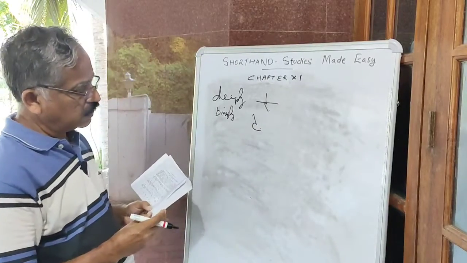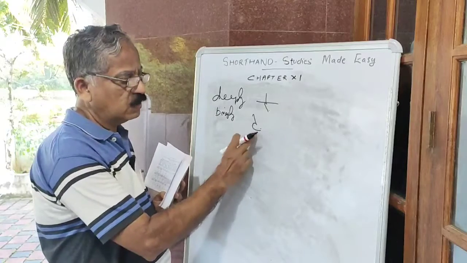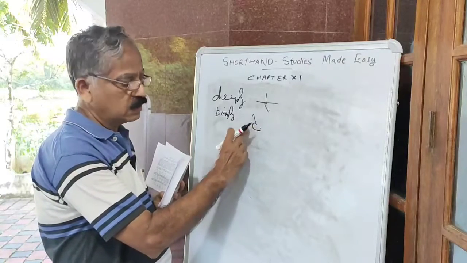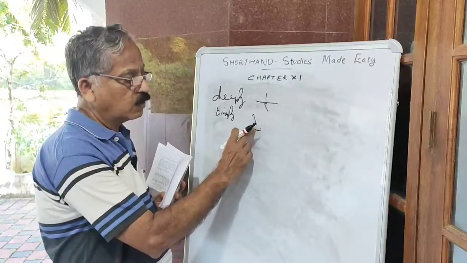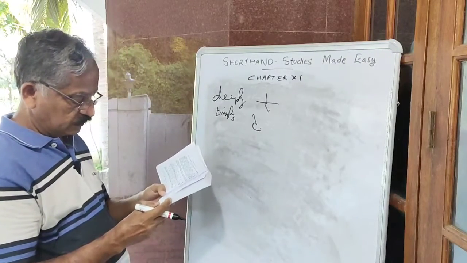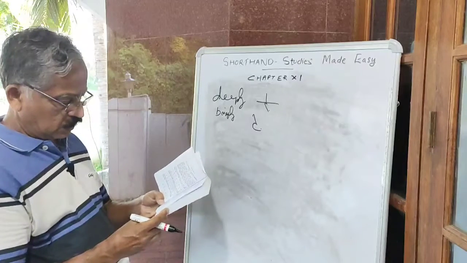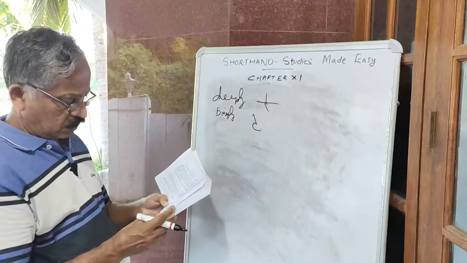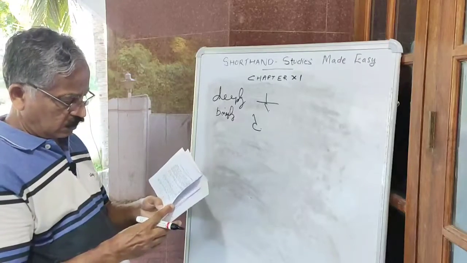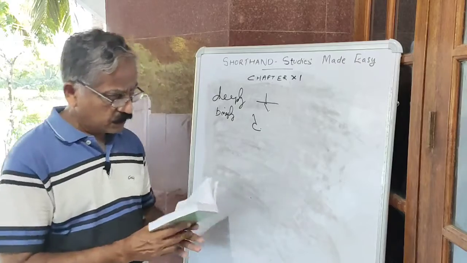Briefly. There is the full hook, a big hook to represent the L sound. We write the big stroke, a big hook inside the curve. Full. Briefly. Then briefless. But that's all in this chapter.